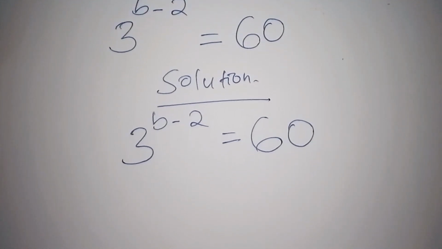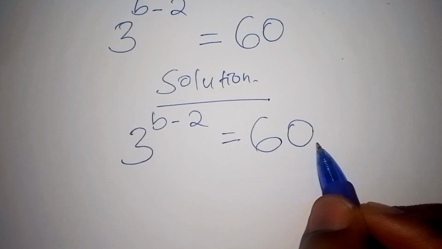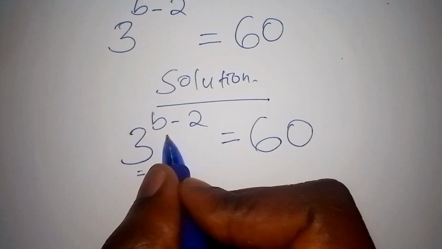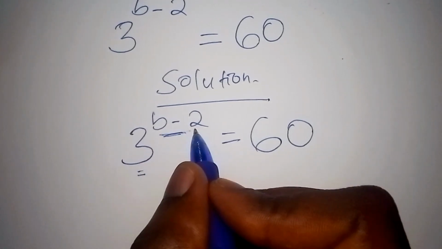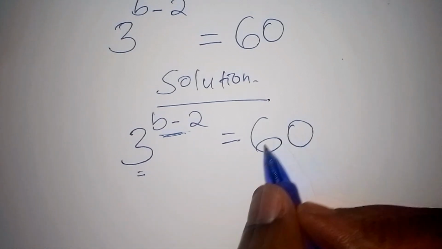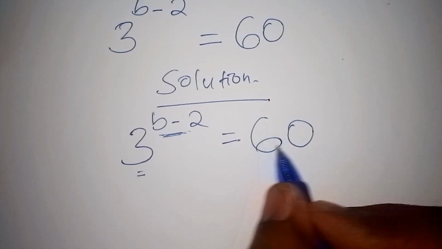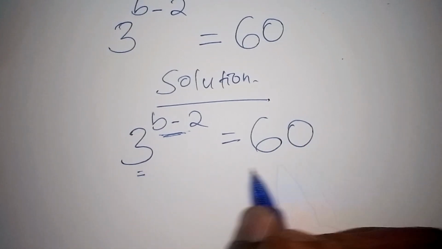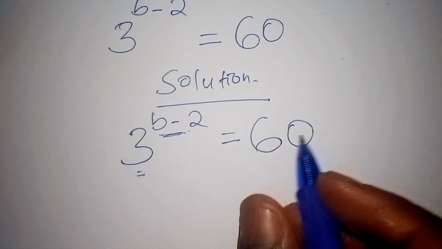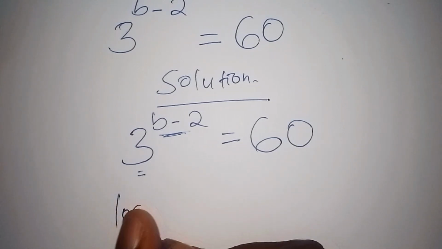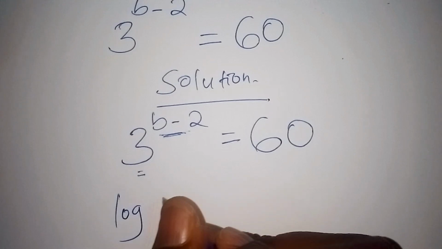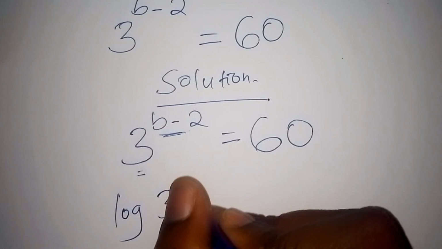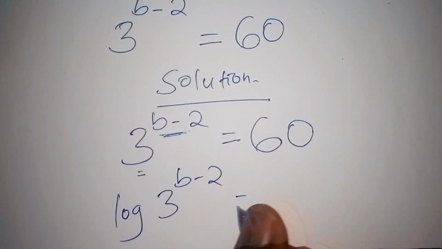In our maths problem here, 60 is a whole number, 3 is the base, and b minus 2 is the index number. It is impossible for us to convert 60 to the base of 3. So we shall introduce the logarithm on both sides. In this case we shall have the log of 3 to the power of b minus 2 is equal to the